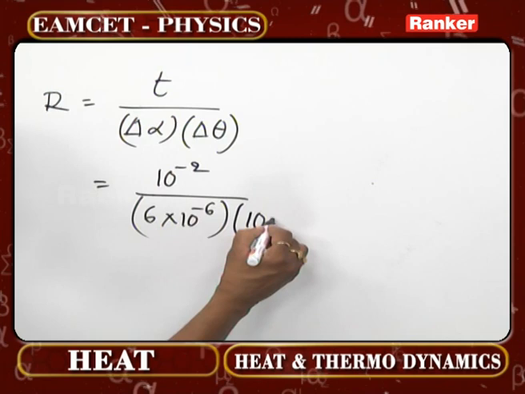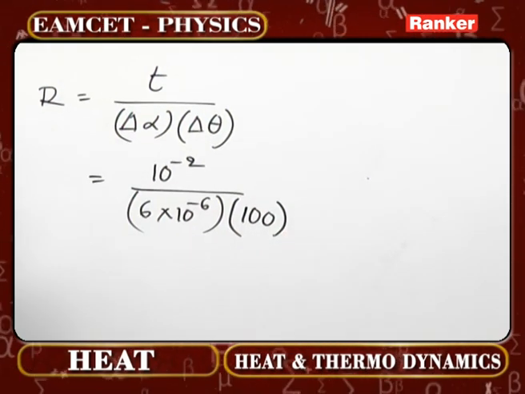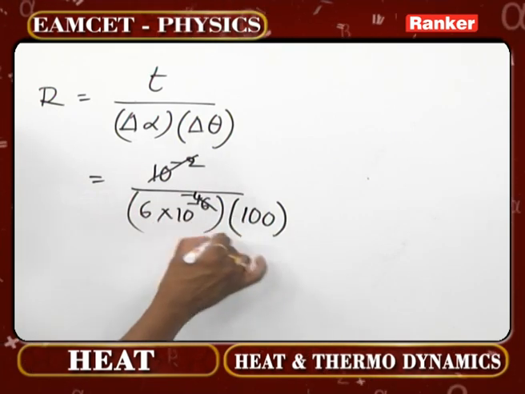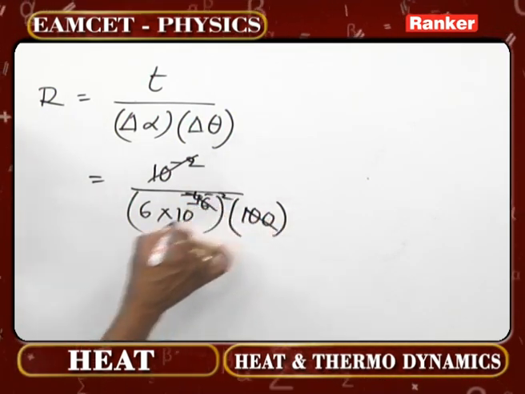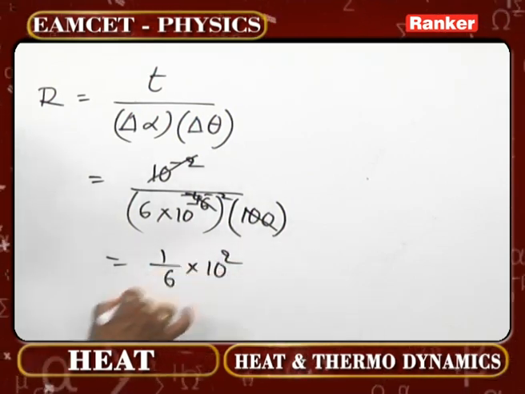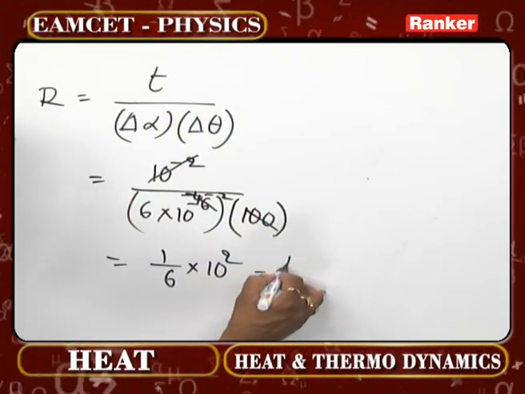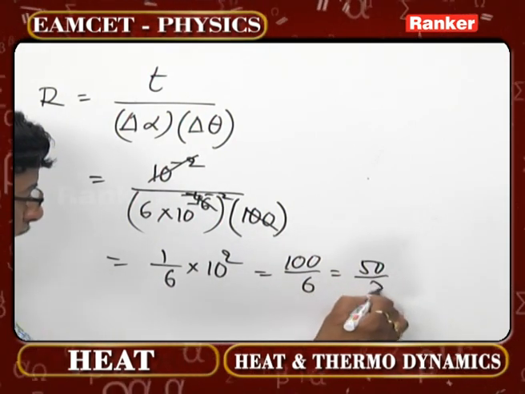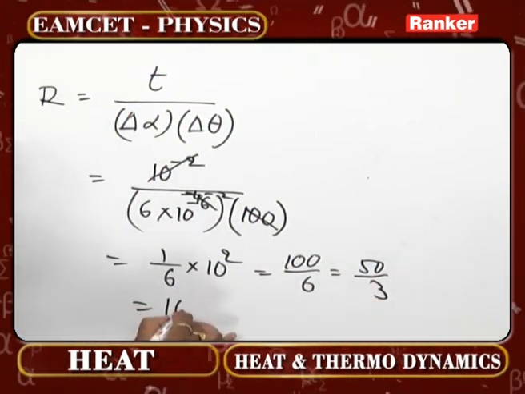So exactly 100 degrees will now be the variation in temperature. This of course cancels minus 4 times. This cancels minus 2 times. So 1 by 6 into 10 square you can directly write. That is 100 by 6. In other words, I can write 50 by 3, which now becomes